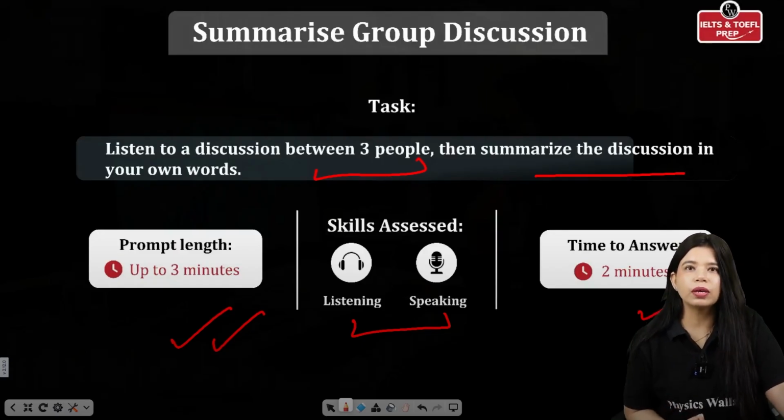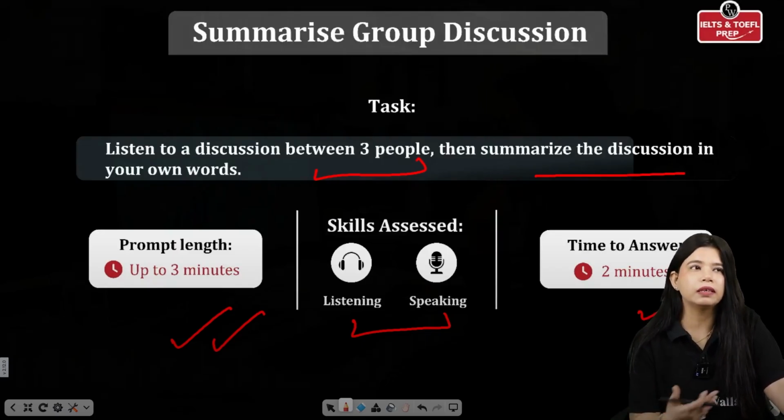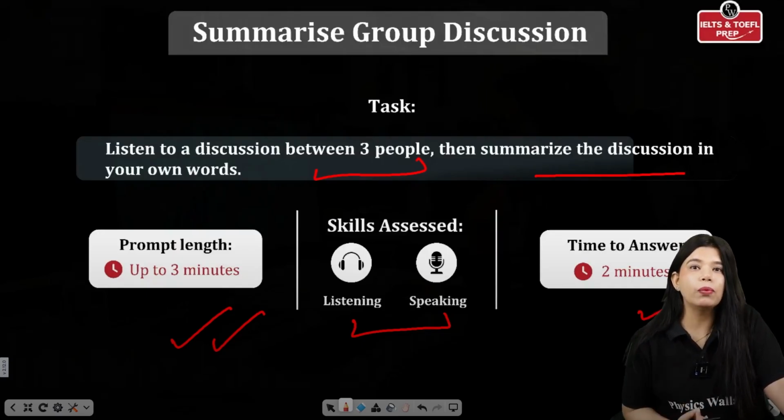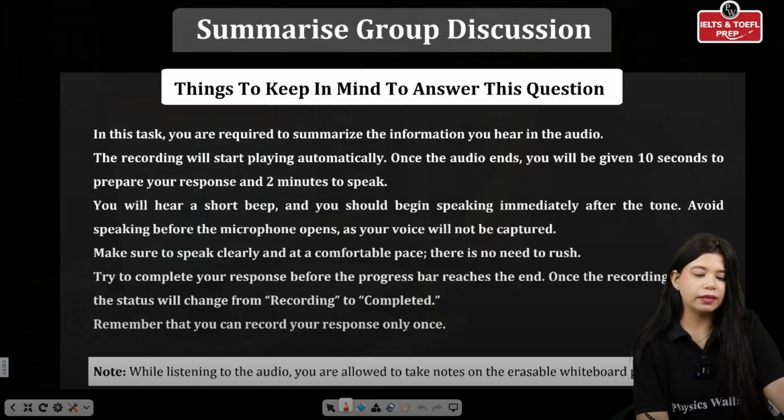When you are trying to summarize that group discussion in your own words, once again, repeating ideas is something that needs to be avoided, and key points must be spoken. Let's understand about this. Right, so these are the things that you need to keep in mind for summarized group